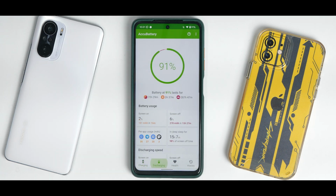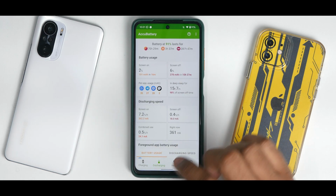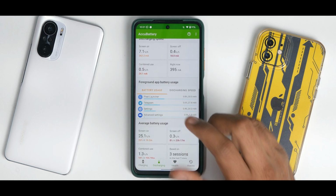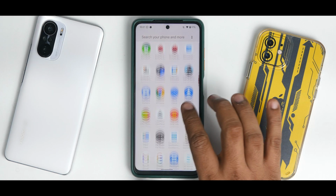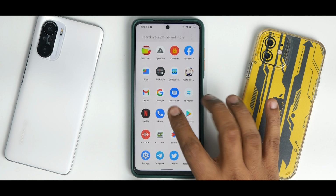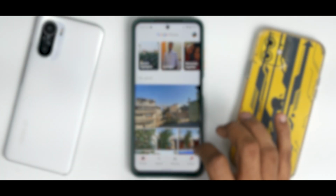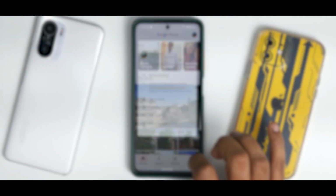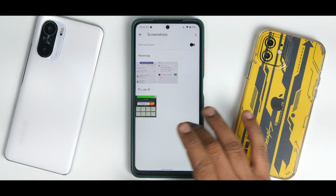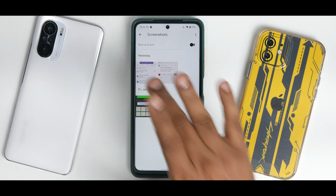Even if you talk about the discharging, you will see that the battery backup on this particular ROM is rock solid. So not only is it super smooth and super stable, it is giving you great charging speeds and good battery life as well. And as mentioned in the changelog, what you do get over here is unlimited Google Photos storage. So if you actually go to screenshots, before I show you the benchmark numbers, as you can see